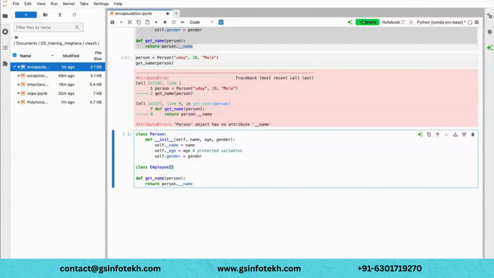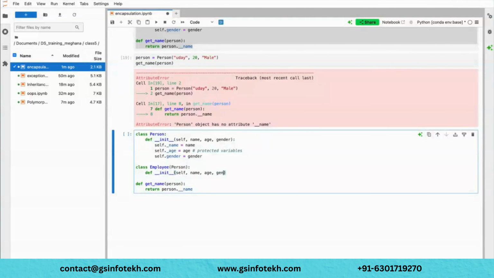To access those things, you can use inheritance here, person. Maybe I'm initializing self, name, age, gender, and I'm calling the super method to initialize the base class values. And I'm passing those values to the base class to initialize it.